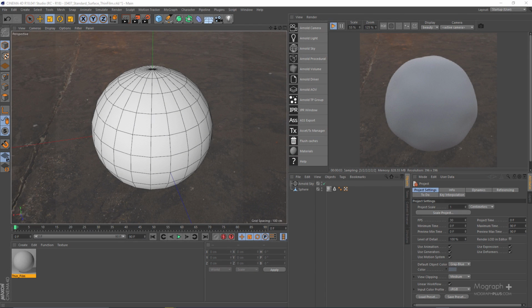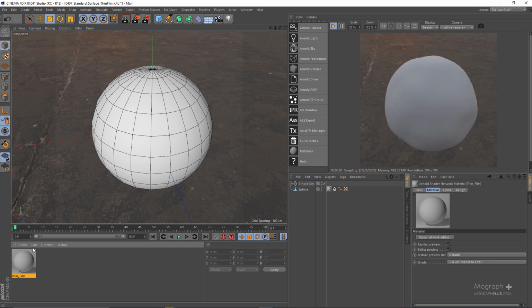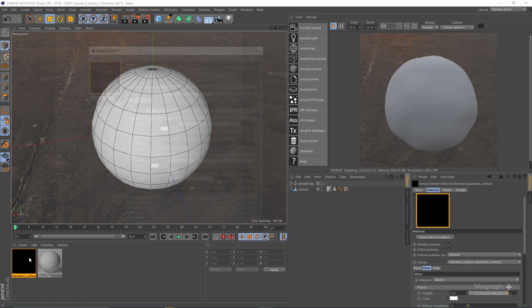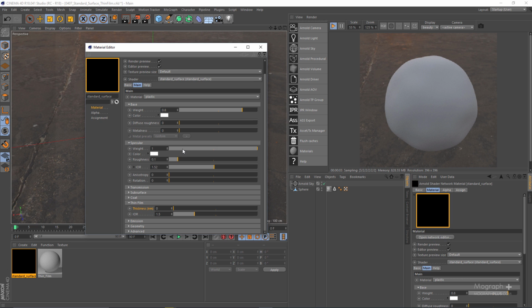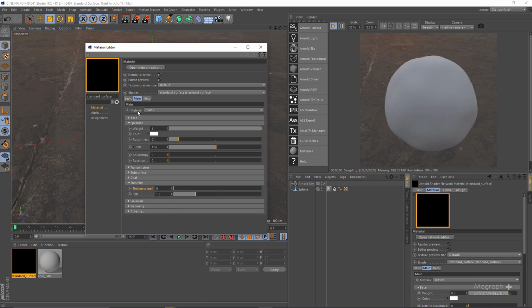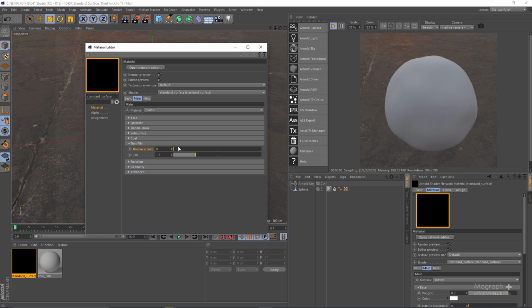In this lesson, we are going to take a look at the ThinFilm section of the standard surface shader. ThinFilm reproduces the effect of thin film interference on a surface, and the most obvious example would be to create a soap bubble material using the ThinFilm properties. This effect occurs on very thin transparent surfaces whose thickness is approximately that of the wavelength of visible light, which